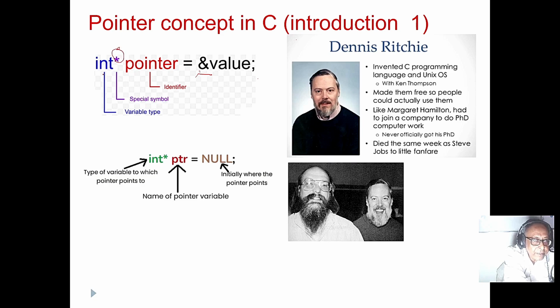You declare a pointer by this kind of declaration, but one thing: pointer is not a keyword. It is better to declare a pointer with a name like ptr underscore or p underscore, because inside the program you can see from the name of the variable that it's a pointer type variable, since the star will not be visible at that time.